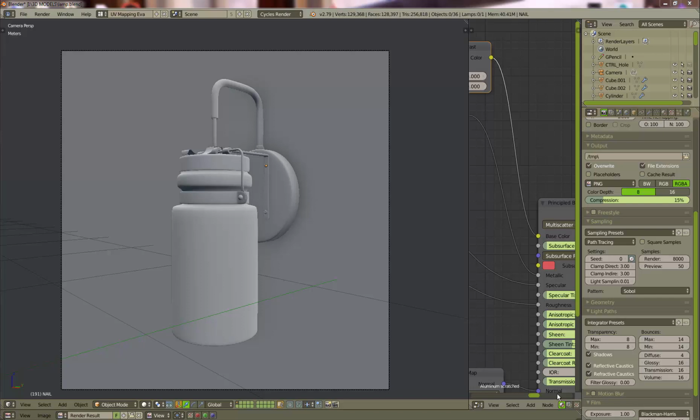Hello. This is a Blender tutorial. This is my first tutorial. My name is Eva, and as my first tutorial, I decided to record actually on reflective caustics and refractive caustics